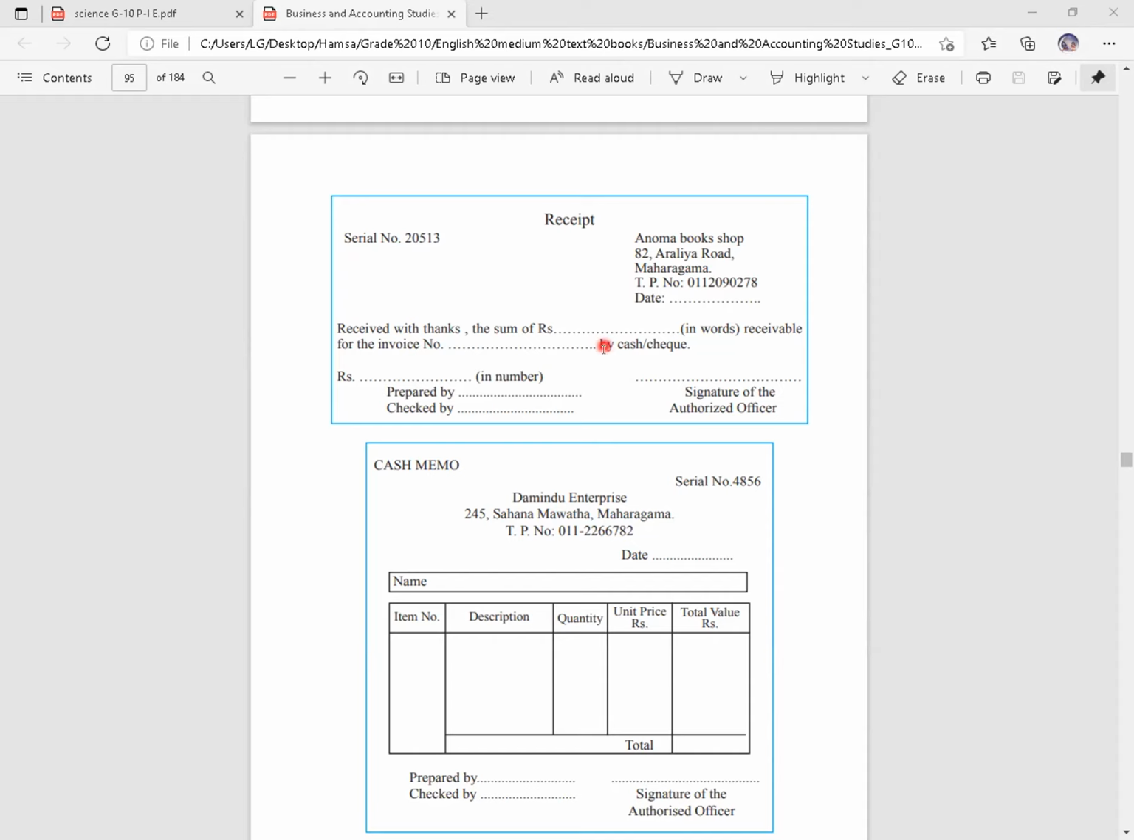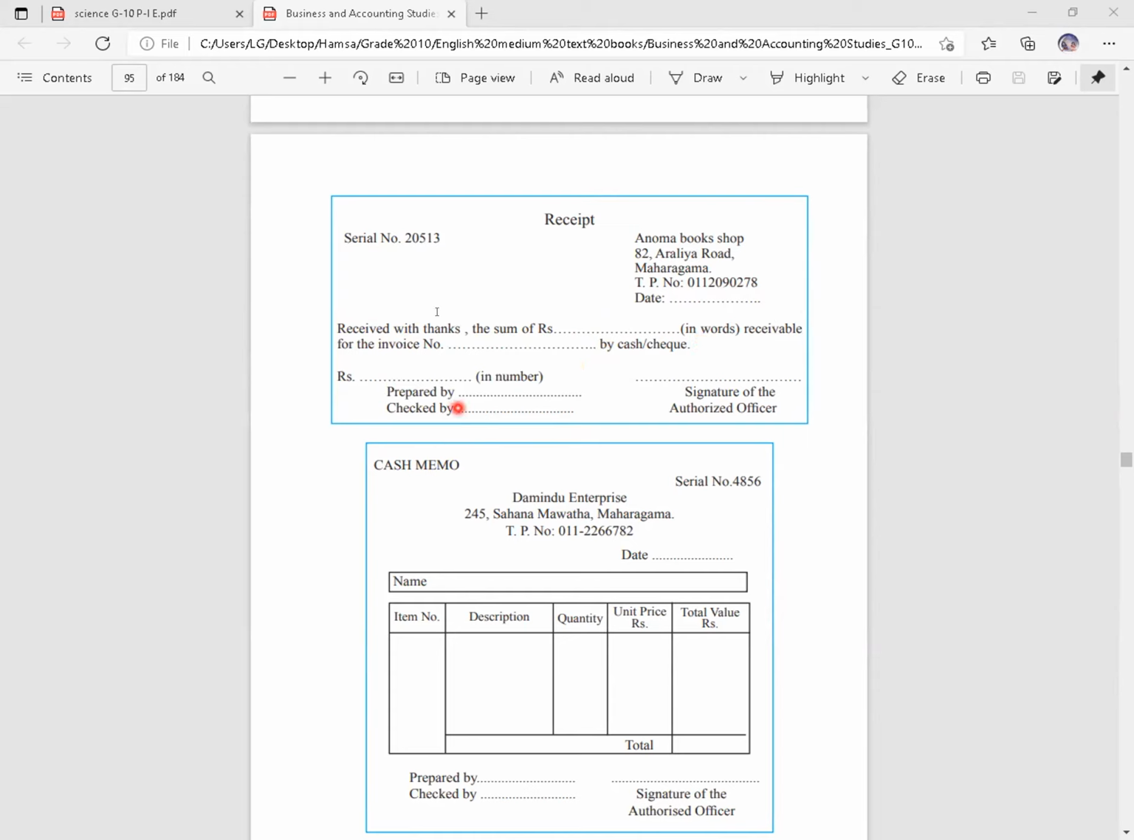This is the business address. Prepared by whom? Only the business person is preparing, right? The business person is receiving the cash and he is only saying receive with thanks. So this is the address and details of the business, and he will be writing the date, amount in words,